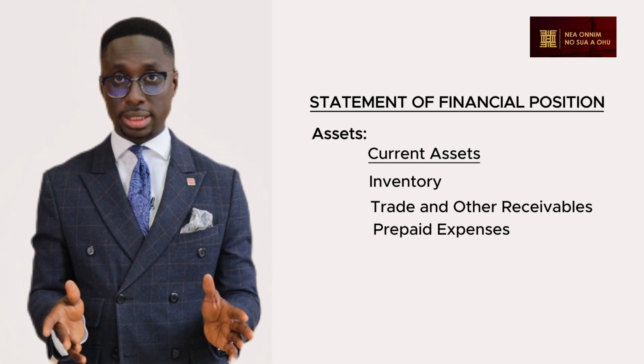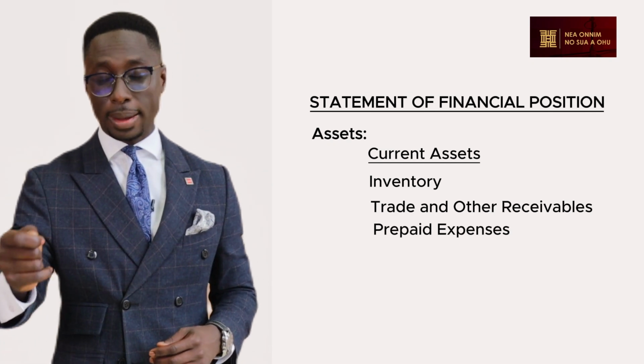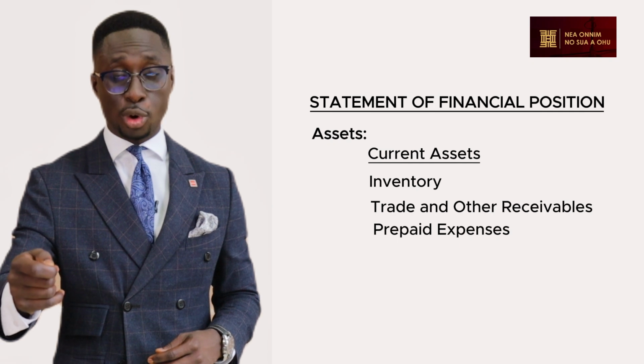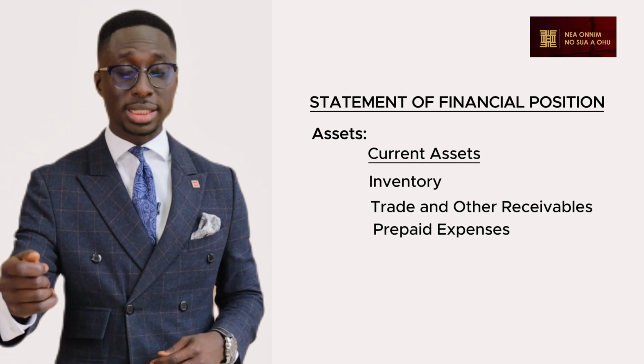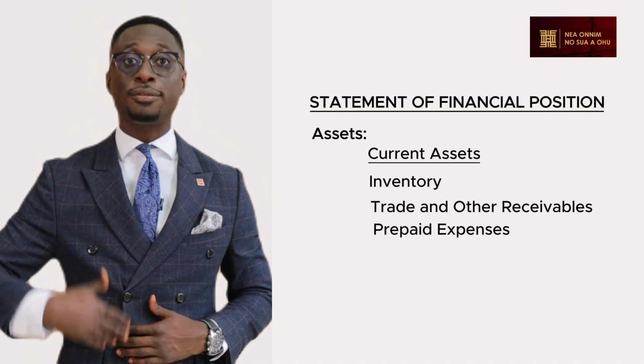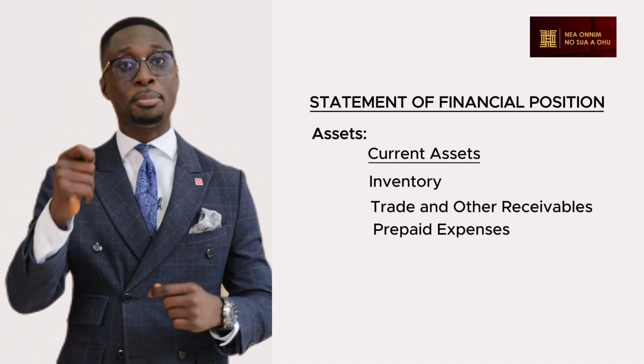So ordinarily, it would be a payment for an expense, but that expense or the services or goods in respect of that expense are yet to be provided to you. So you've made an advance payment, all right? And that is why we call it a prepaid